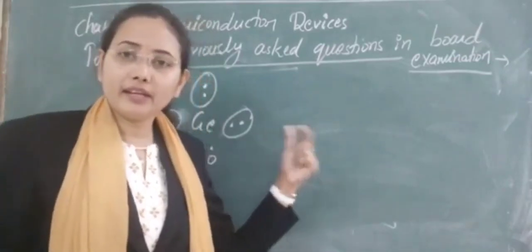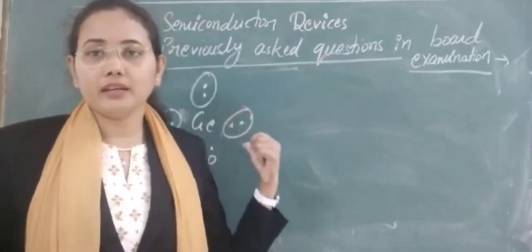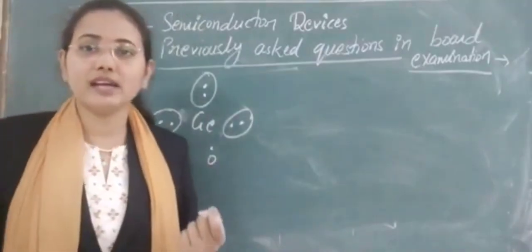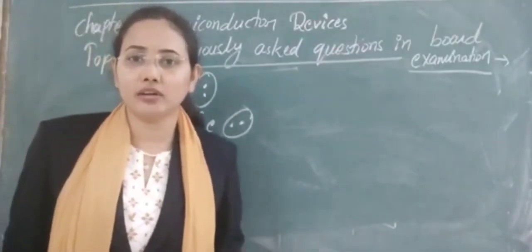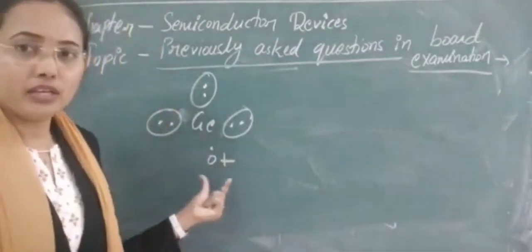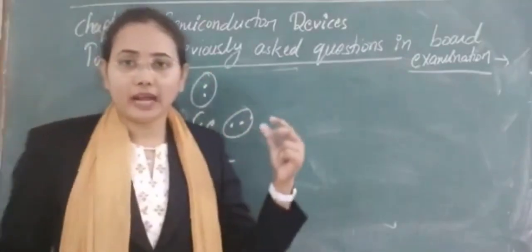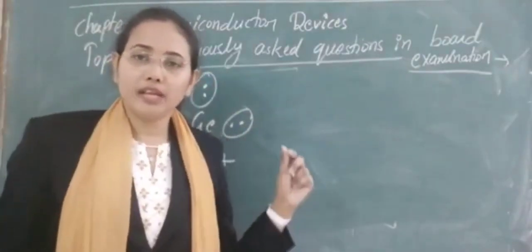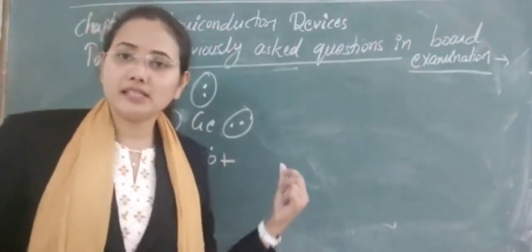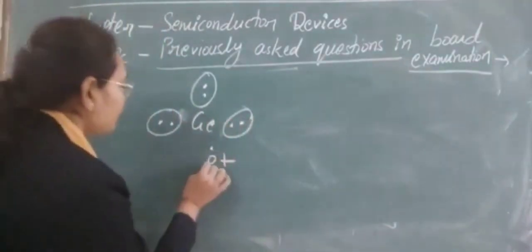Whenever it gets an electron from the outside, its octet will be completed. So simply, this vacancy has the tendency to receive an electron from the outside to complete its octet. That is why it behaves like a positive charge carrier. So in the case of doping of trivalent impurities in the fourth group, we get a positive charge carrier, called a hole, and its tendency is just like any other positive carrier.